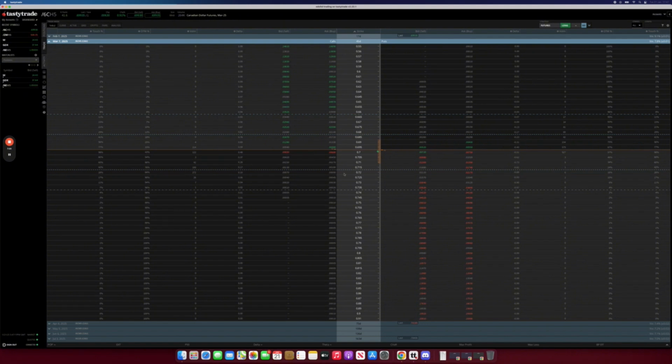Okay, so there's three things that we're going to use to ensure that we get a high probability of success. One is the expected move. If we want price to stay away from our contracts and we know what the expected move is, then logic will tell you that you want to be writing your contracts at strikes that are sitting outside of the expected move. With that in mind, just one other thing, the further out you go, the higher your probability of success. However, the less premium you collect and the lower your return on capital. So in order to make sure that we don't go too far out,